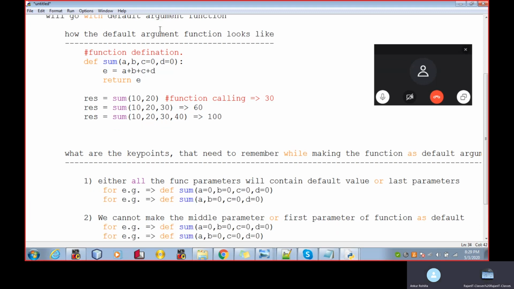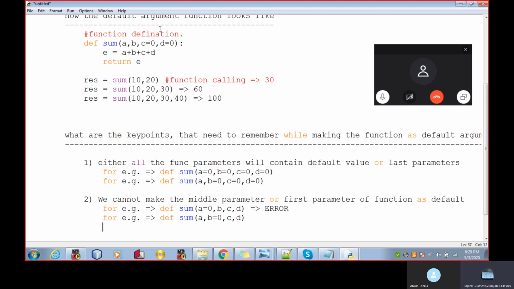Cannot do that like this. Error. And we cannot do like this. We cannot make the middle parameter or first parameter of function as default. If you try to do this, you will get an error.